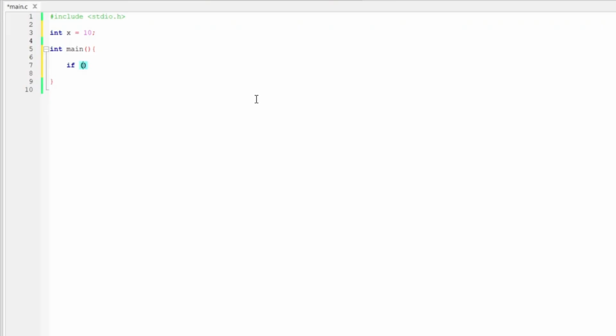We write if bracket. So please go through the syntax because this is quite important in C. x greater than 0. So if x greater than 0, then we want to do something. So for that, instead of then, we write this bracket, then printf